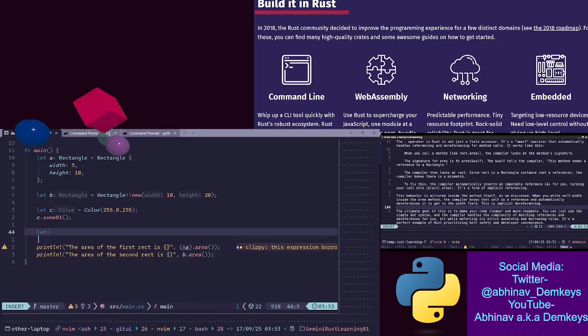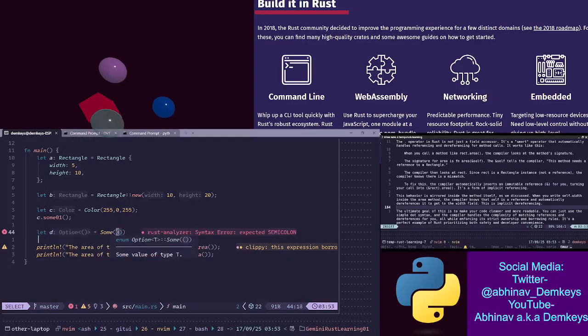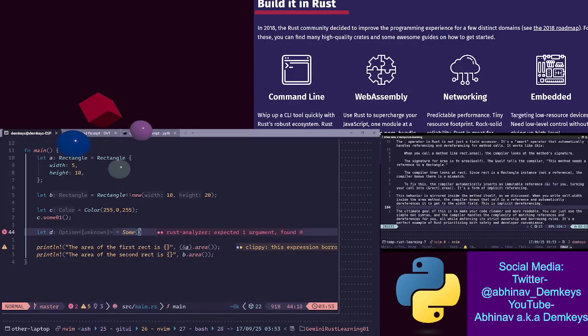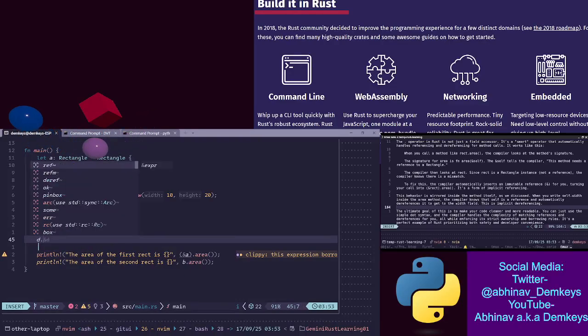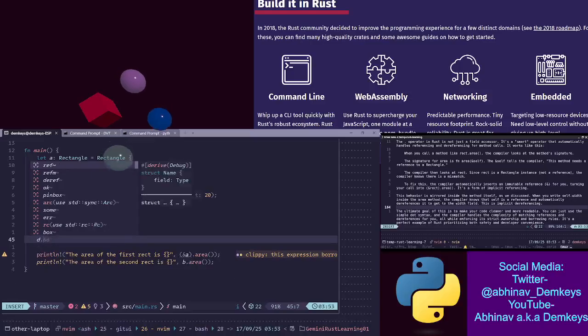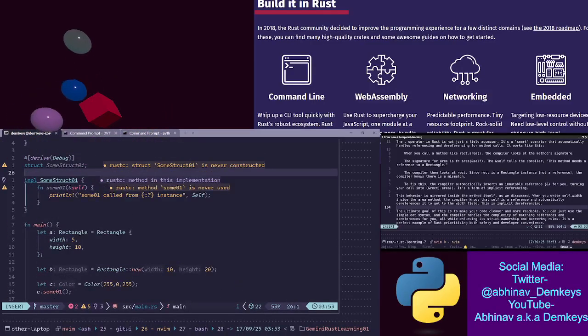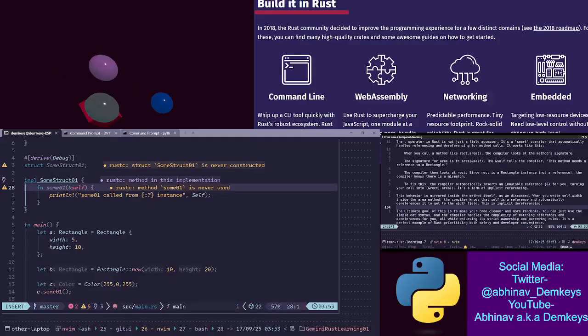Okay, then D equals some struct O1. I should probably not use sum because sum will later become confusing for me. Okay, D dot, hold on, some struct, okay, some struct O1, all right.